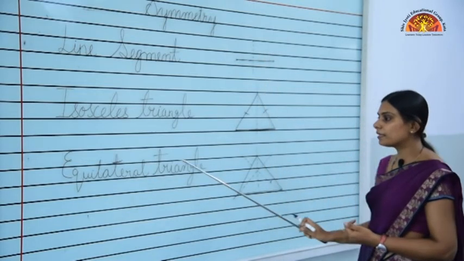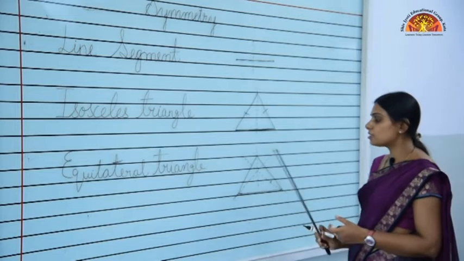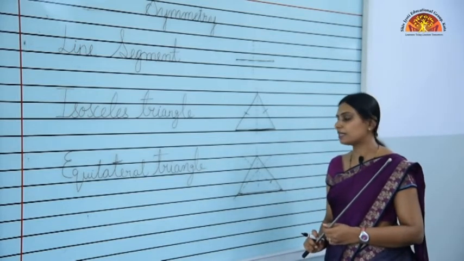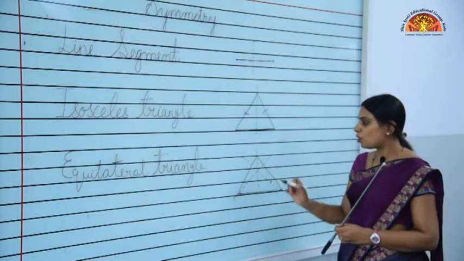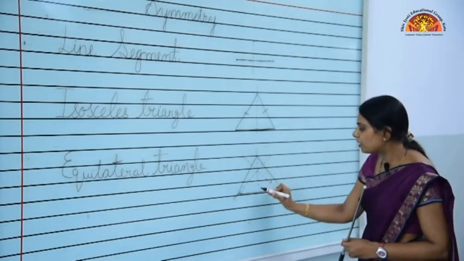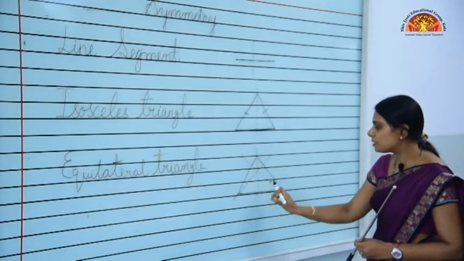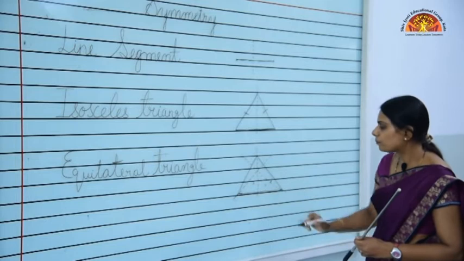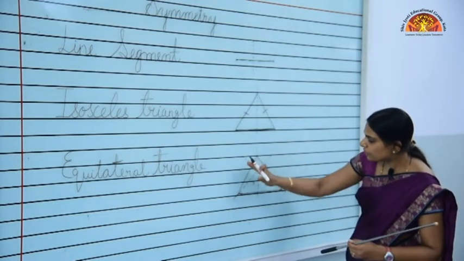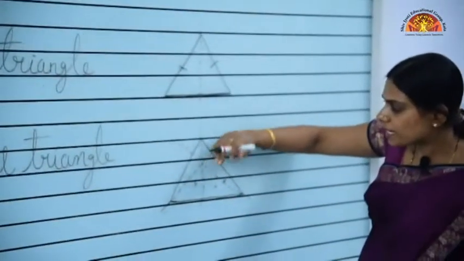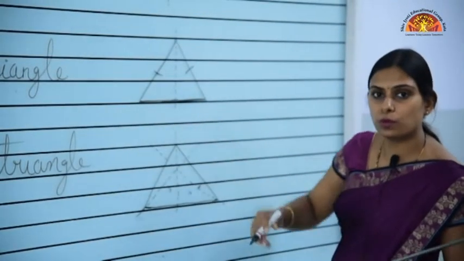If we are considering the equilateral triangle, in case of equilateral triangle, as you know that all the 3 sides are equal to each other. So along all the 3 vertices, there are 3 lines of symmetry. You can see from this vertex also, this part is equal to this part. If you are just drawing this line, so again it is divided into 2 equal halves. If we are dividing from this vertex, again it is divided into 2 equal parts.